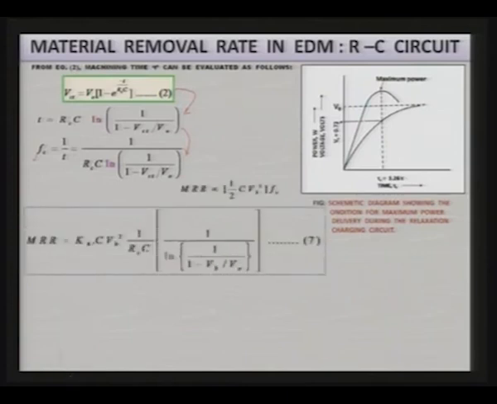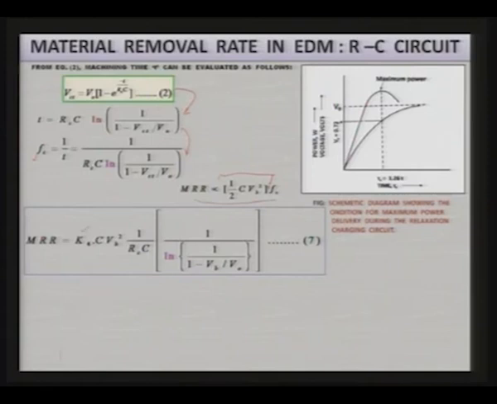Now, we already know that volumetric material removal rate, or MRR, is directly proportional to the energy of each spark, and that is given by half C V_v squared, multiplied by the number of sparks taking place per second. That will give you the material removal rate. So, if you simplify this, you will get